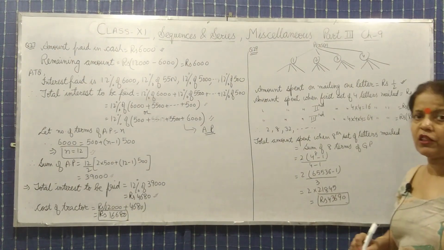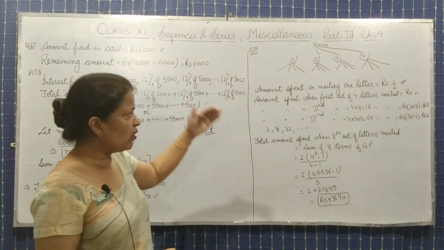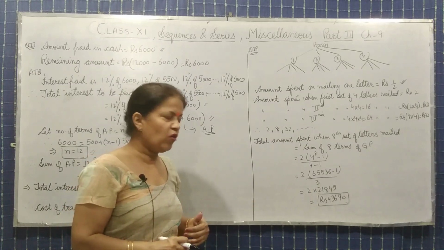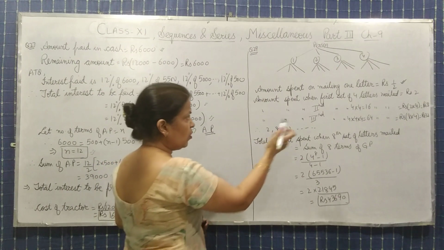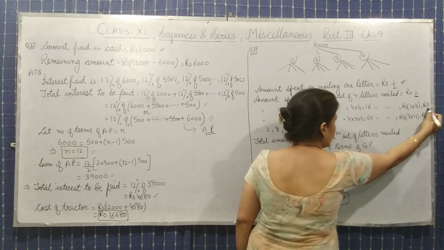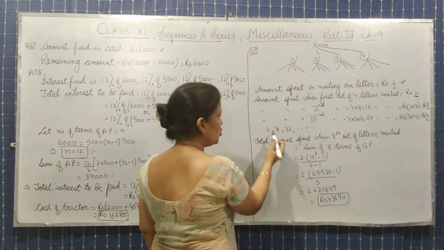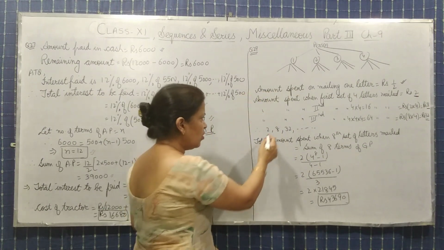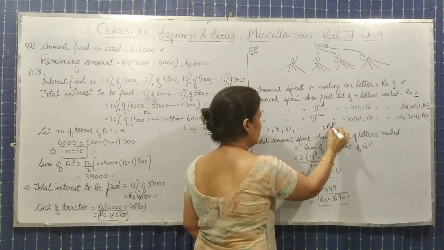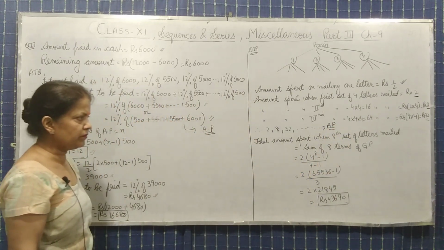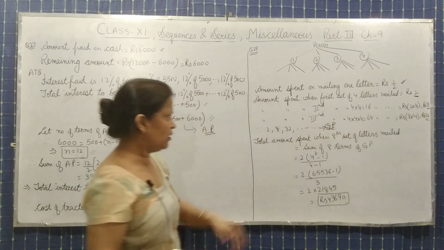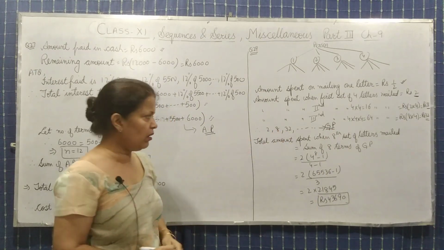8 into 4, that is 32. Okay, and it goes on further. अब क्वेश्चन है कि जब 8th set of letter mail किया गया, then how much amount has to be spent? So if you will see, first set of letter 2 rupees, second set of letter 8 and then 32 and so on. 2, 8, 32 and so on. So if you will observe, this is a AP series, isn't it? Sorry, this is a GP series since the common ratio is 4 here.